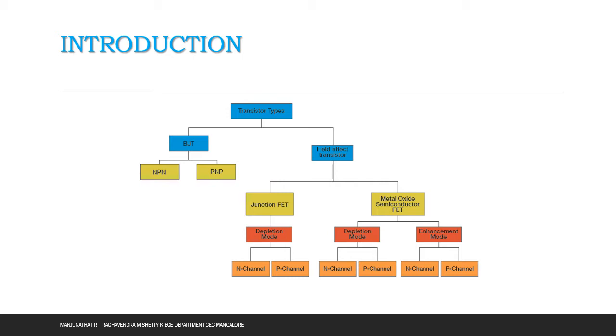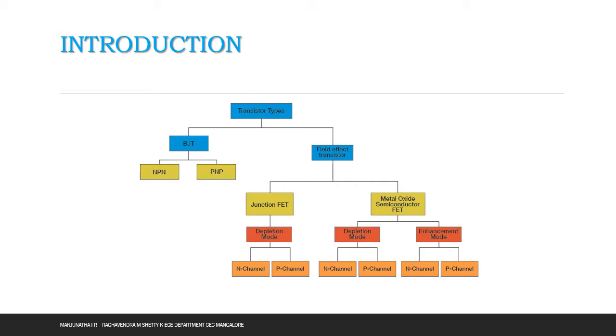Next, on the other side we have depletion mode. Again depletion mode has two types, N channel and P channel, based on the device structure or construction. If the MOSFET we have selected is the category of N channel under depletion mode, it will work as N channel depletion mode. In case of P channel, it is a P channel working under depletion mode.